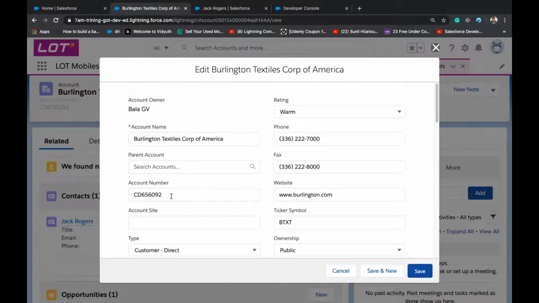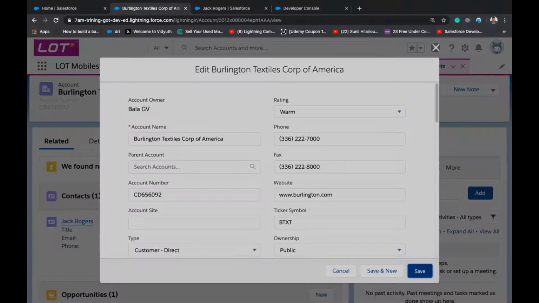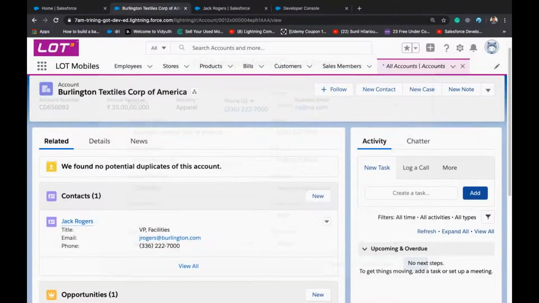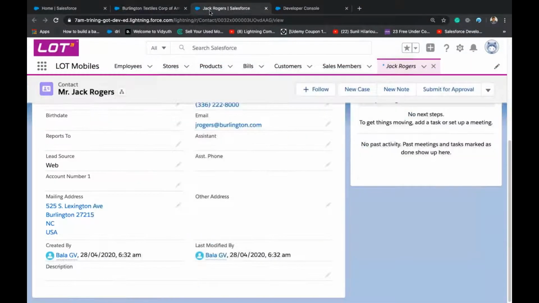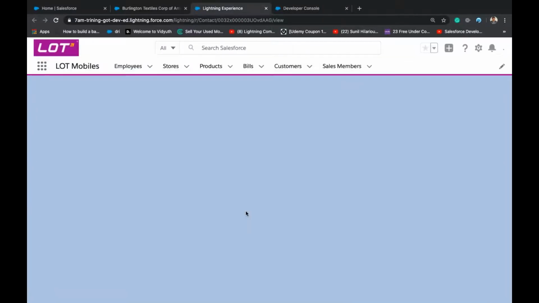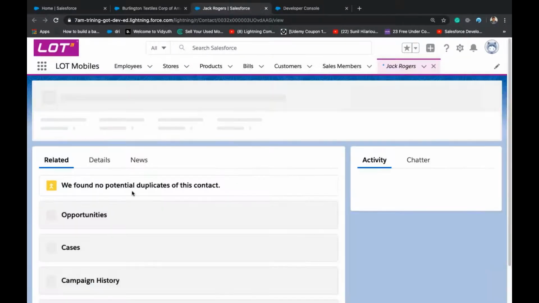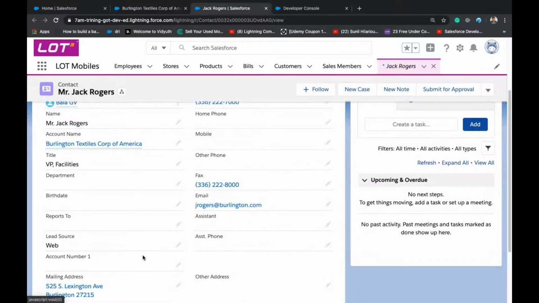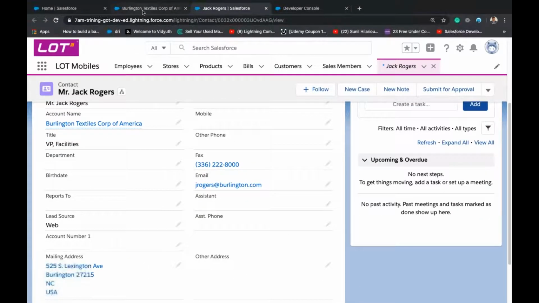See, I'm not editing the account number, I'm just saving the record, just updating record. Then go to the other record, just refresh. The account number will get updated in the related contact. And how many contacts are there? In all the contacts, this account number will get updated. So it didn't get updated, so our trigger failed.